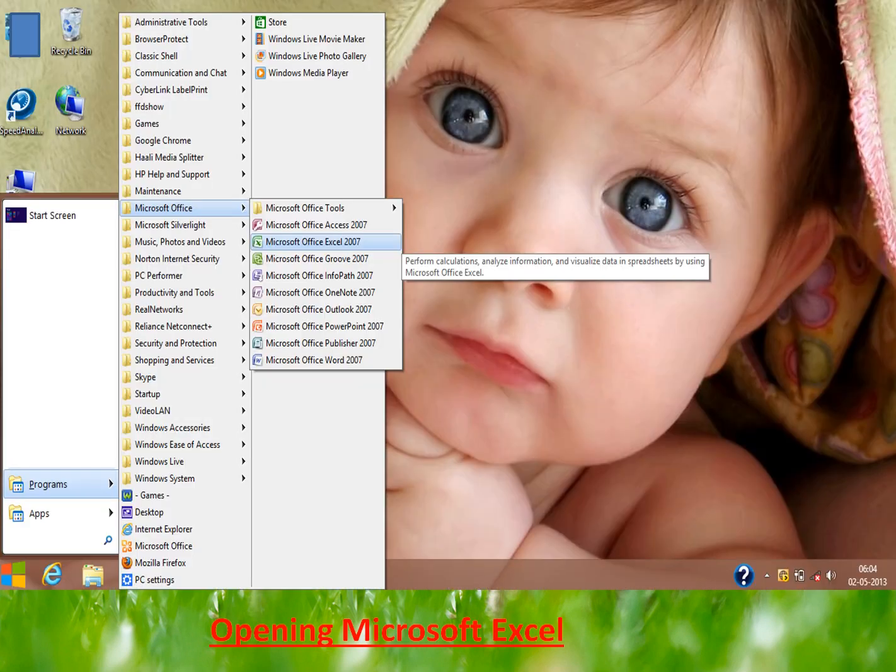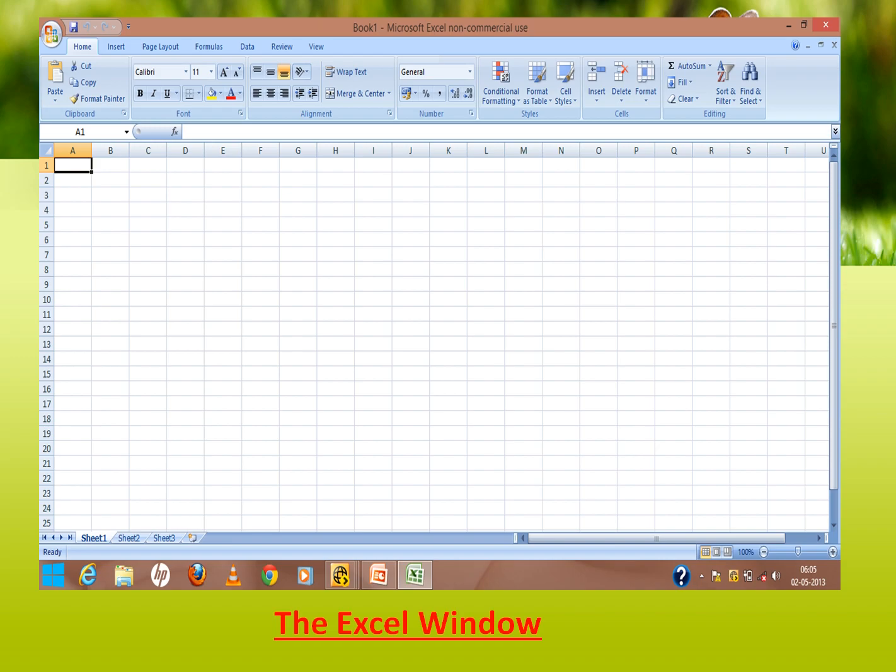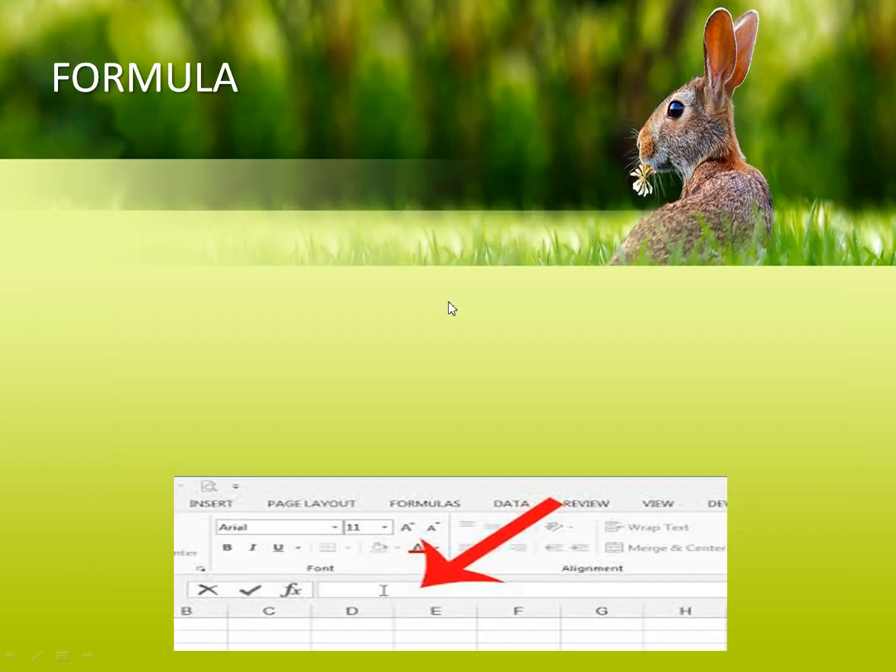this module. A quick recap: once you open Microsoft Office, you'll find Microsoft Office Excel there. The very first sheet which you open and you see in the Excel window is known as the spreadsheet, which will be displayed as you see in the image here. This is an Excel window.